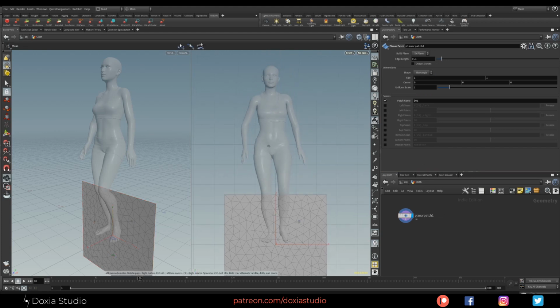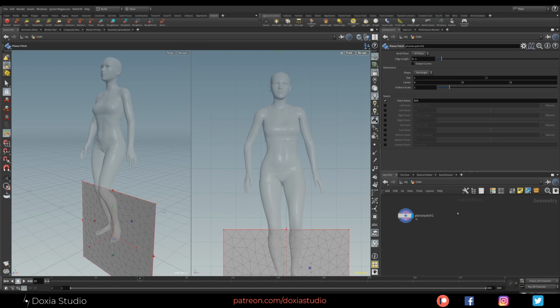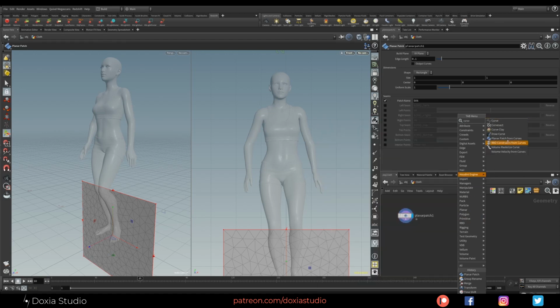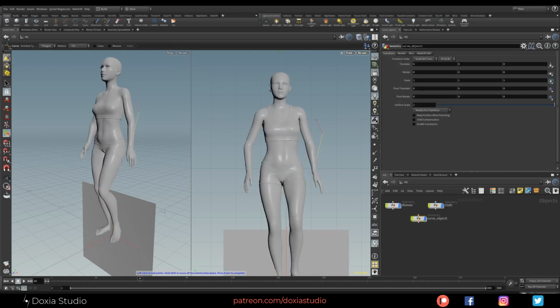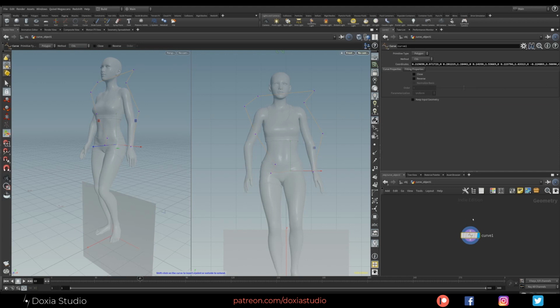If you want, like you do in Marvelous Designer, you can draw a curve. Maybe you can come here and draw your curve like that. Pretty cool. Let's close our curve.